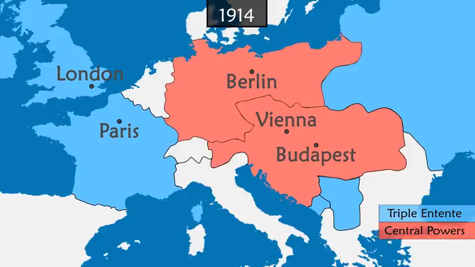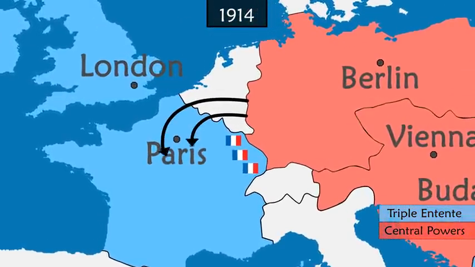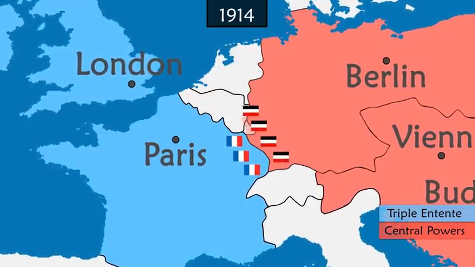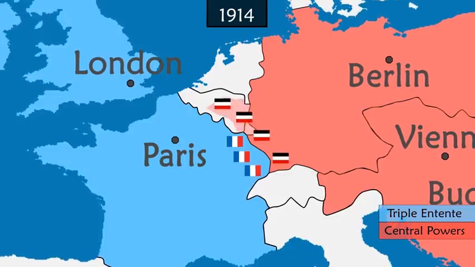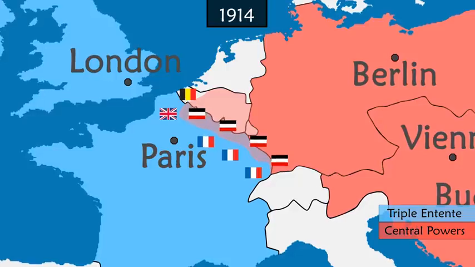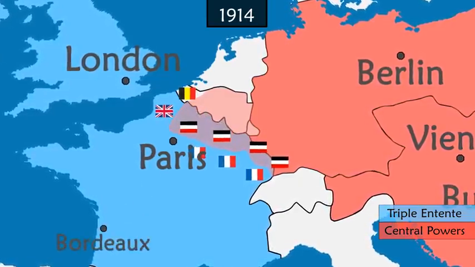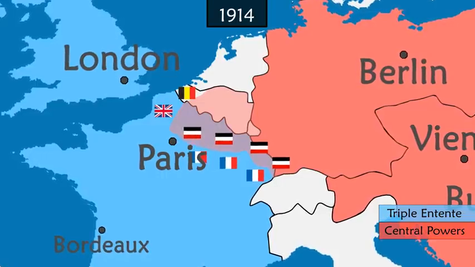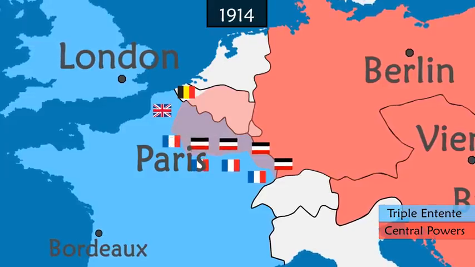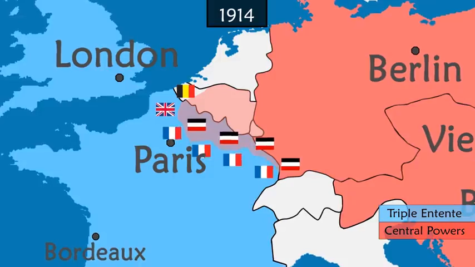The German plan is to overcome the French army concentrated in the east by planning an attack from the north. To achieve this, Germany invades Luxembourg and Belgium in violation of their neutrality in the conflicts. The French, British and Belgian armies are forced to retreat. Fearing the capture of Paris, the French government moves to Bordeaux, but the German army turns away from the city to continue surrounding the French army. They are then attacked on the flanks by the army of Paris, which forces them to retreat further north, marking the failure of the Schlieffen Plan.